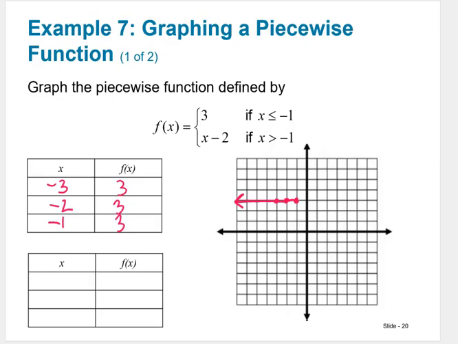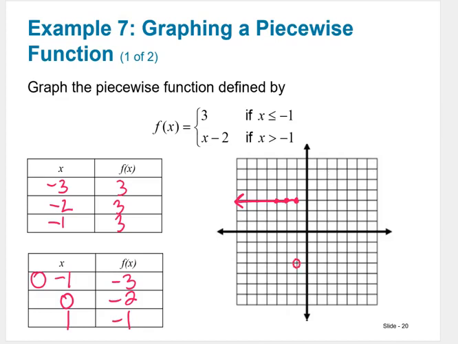Okay, now, when we have the point -1, any point greater than -1, I'm going to actually plug in -1, but I'm going to make sure that I do an open circle right there because it's not including -1. So it's something very close to it, like -0.999999999. So we have to plug that in and then put an open circle there. So if I plug in -1, -1 minus 2 is -3. If I plug in 0, I get 0 minus 2 is -2. If I plug in 1, I get 1 minus 2, which is -1. So at -1, it's going to start at -3, but it's not going to include that point,